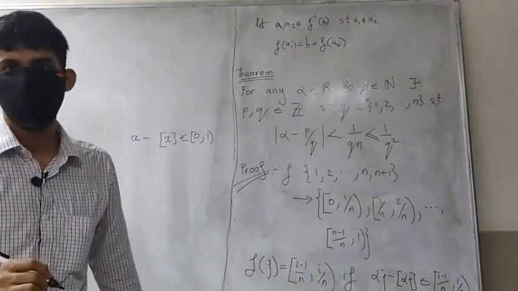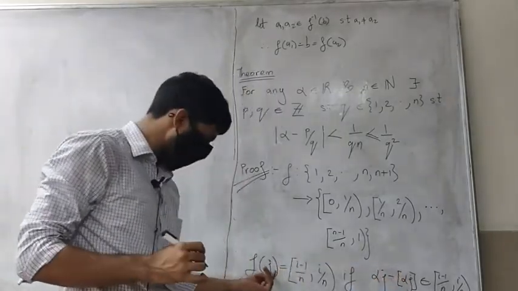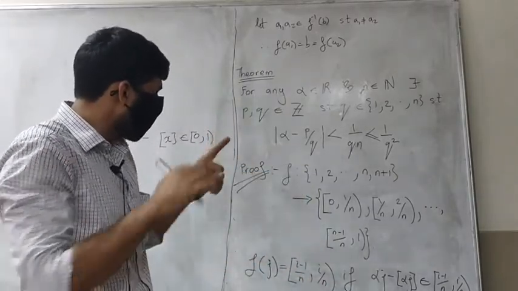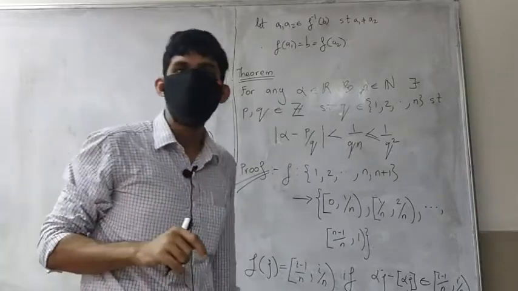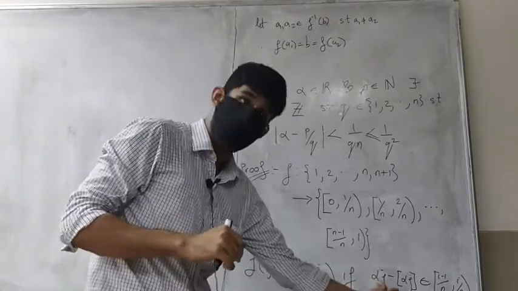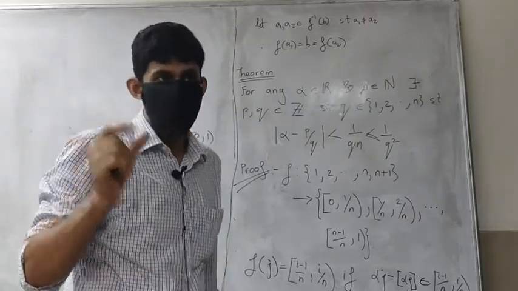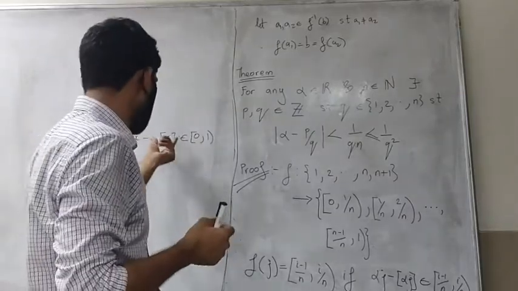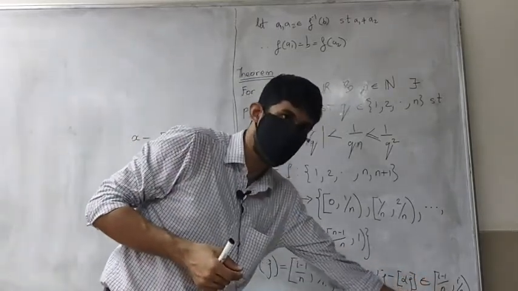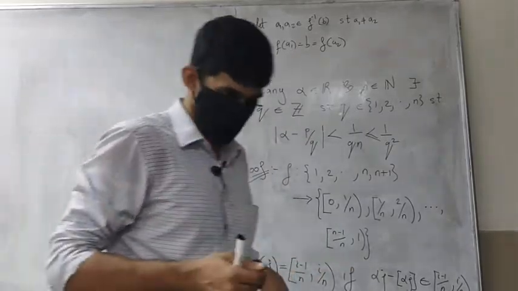Is this okay? This will fall. You look at this quantity for j. I am basically looking at all 1 times alpha, 2 times alpha, 3 times alpha, and you check where they fall, the, what is it called? We call this the decimal part. So the decimal part of that, you check in which of the intervals it falls, and send j to the same place. Okay. Now what happens?